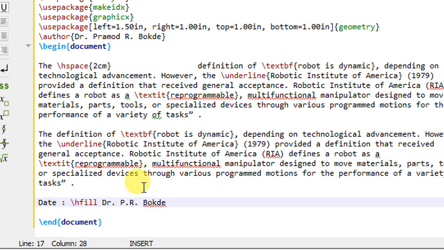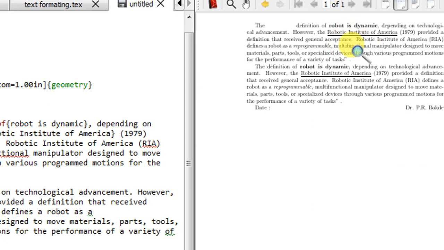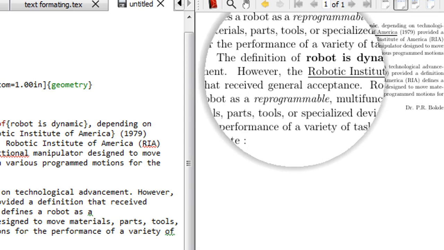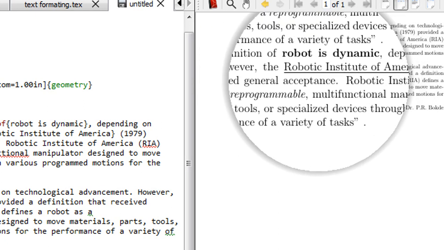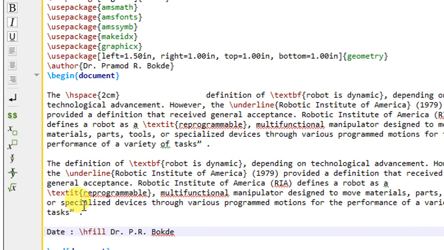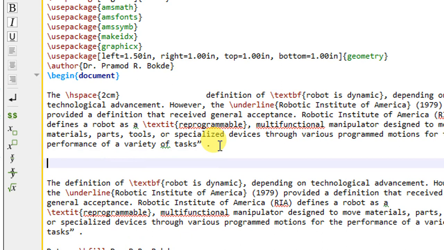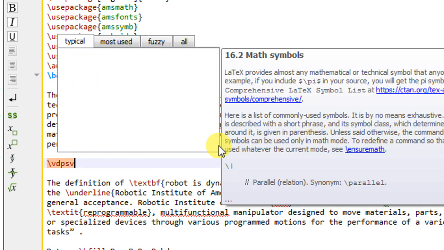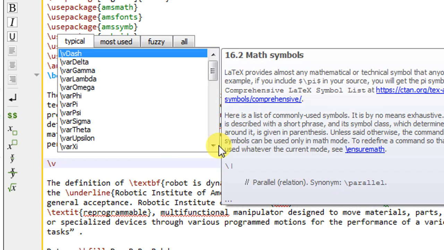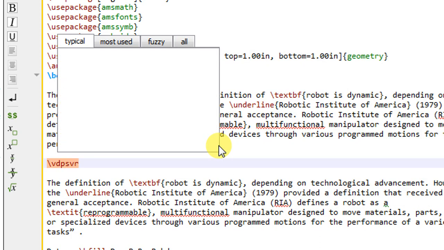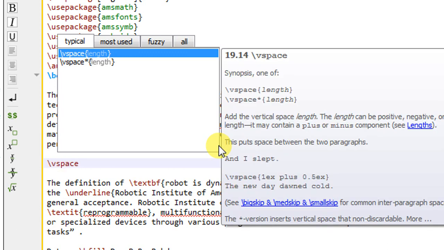Similar to this hfill, if I want some vertical spacing between these two paragraphs, since you have seen there is no spacing between the two paragraphs, I will write down the command \vspace and click enter.